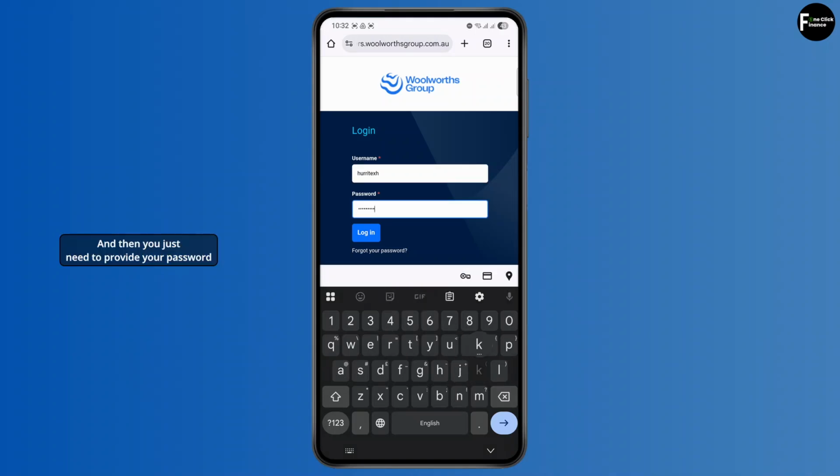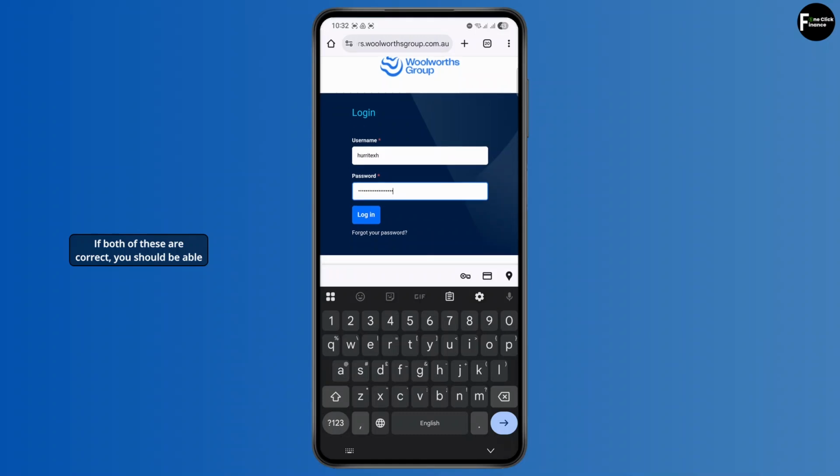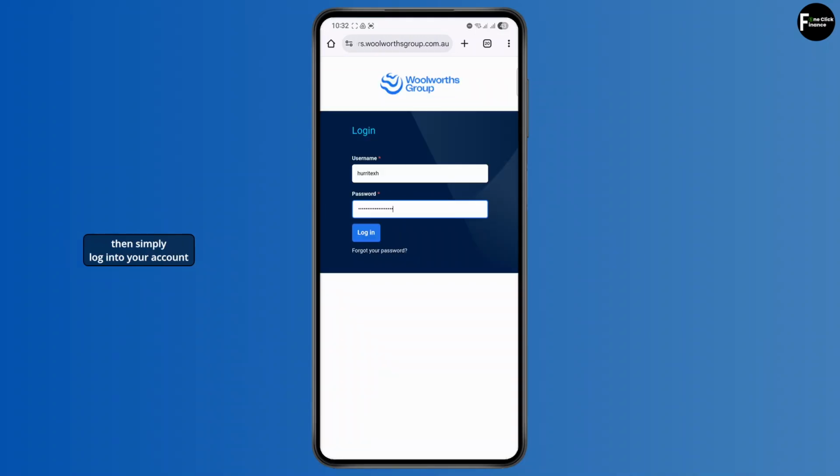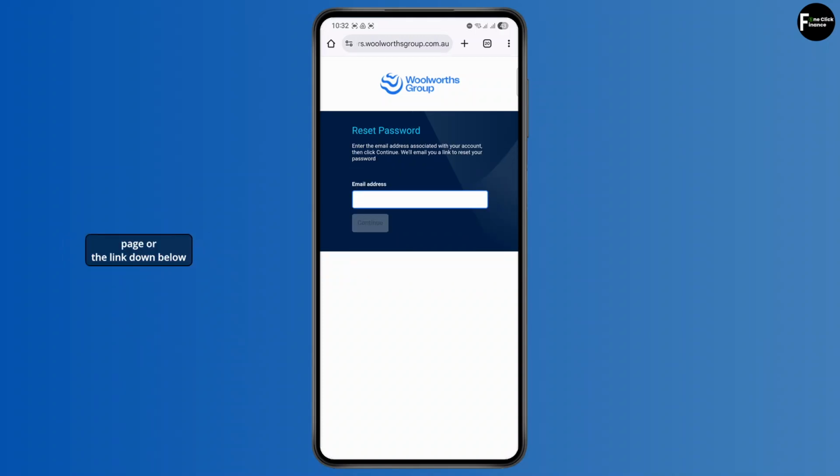need to provide your password. If both of these are correct, you should be able to tap on this login button and then simply log into your account. And then if you have forgotten your password, tap on this forgot password page or the link